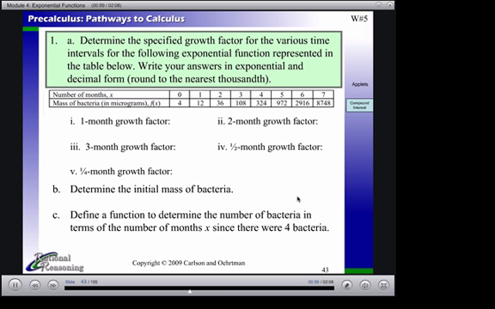So last time we were talking about how you could write an exponential function in different ways by looking at variations on the 1 unit growth factor. So we want to spend a lot more time on that. Okay, ready to start? So here's